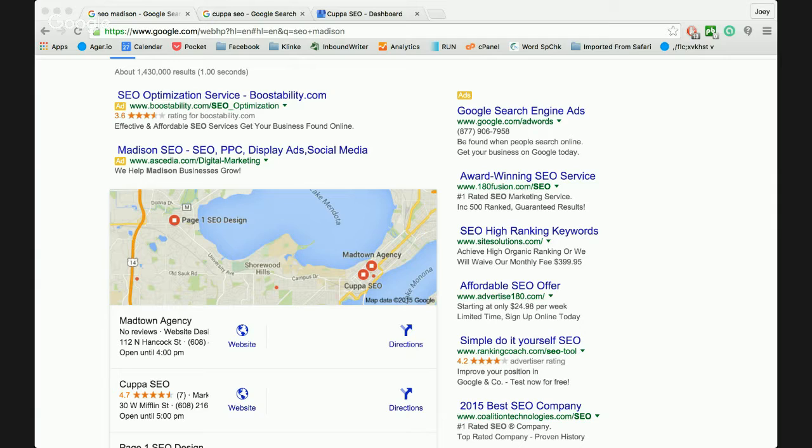And years ago, this didn't exist. If you searched SEO or florist, it was not as well refined as bringing you the local searches. Not a big deal if you're Nike or Adidas, right? Or Apple, because you're a national, possibly an international company. The local component doesn't mean as much to you.